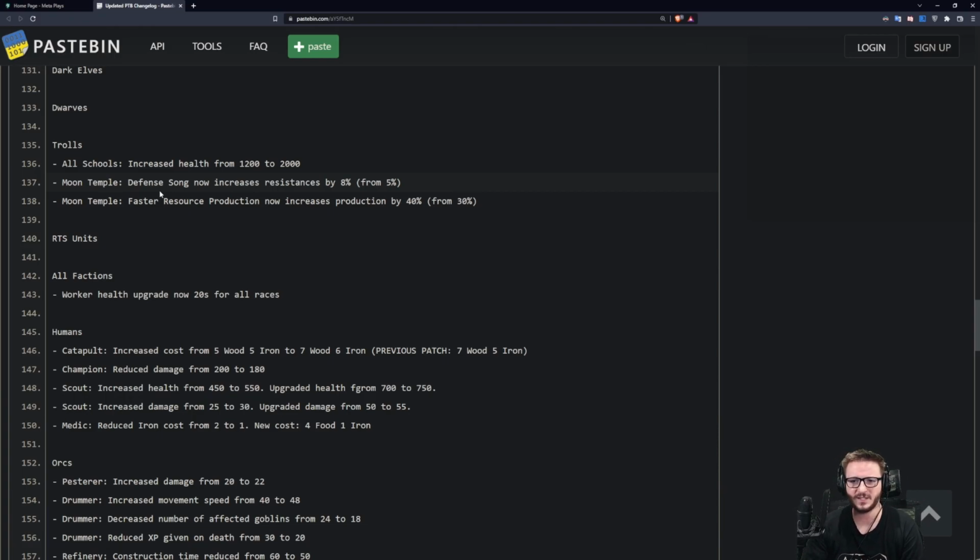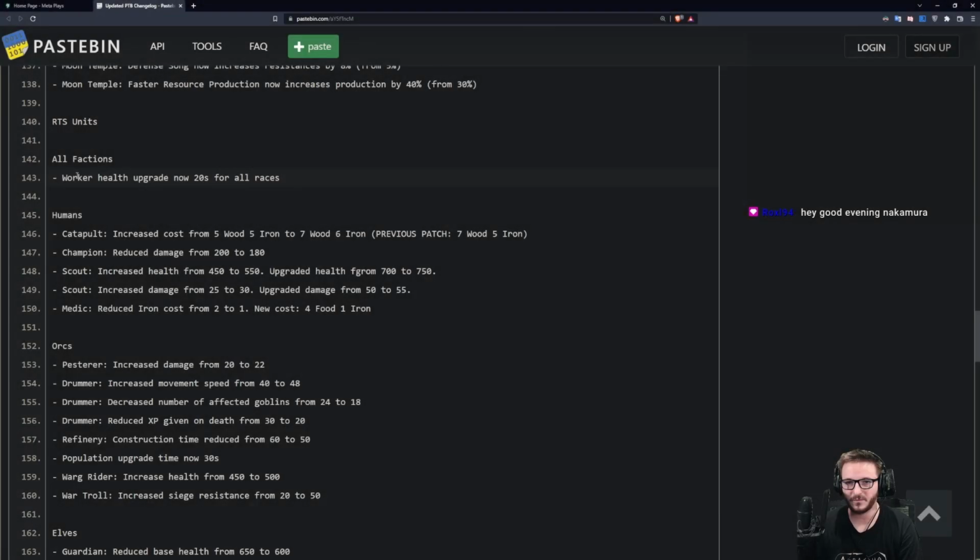So, this used to just about break even, right? If you had a base full of farms, then this would be just about worth it. But now it should be quite worth it to make one of these. You'll basically be needing 3 or more farms, and then it's better to make this than another farm. Worker health upgrade, now 20 seconds for all races. If I only could remember the original research time. I can't, so